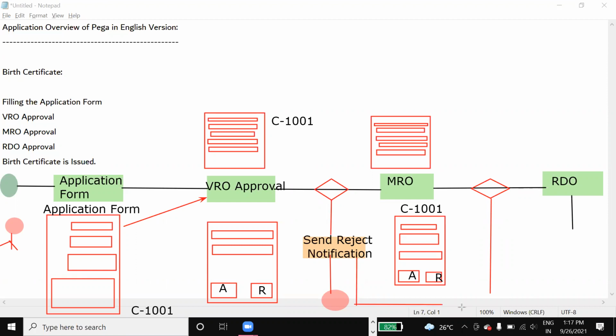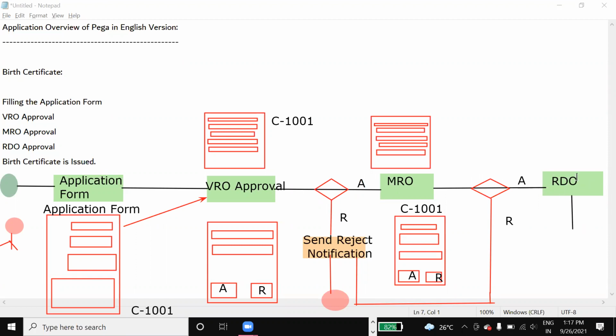We will send the reject notification with the reason why the application has been rejected. So this will be for approve, and this will be for the reject scenario. Here also, this will be for approve, and this is for the reject scenario.